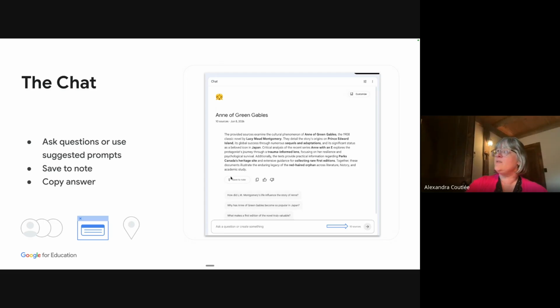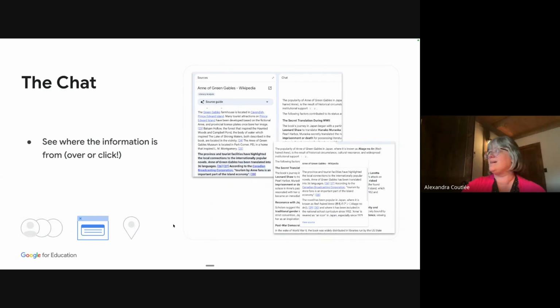Now, notice this little button here, Save to Note. Maybe the answer it gave you is super interesting and you want to save it. And maybe I want to send it to Chantal by email. I can copy, but I can also save to note to use later. Everything that you ask will stay in the chat unless you decide to delete it. So at some point, maybe if I ask a lot of questions, that wonderful note is going to be gone up there and difficult to find. So maybe I want to save to note or copy and paste it somewhere else.